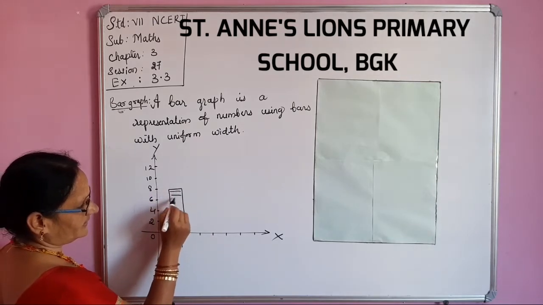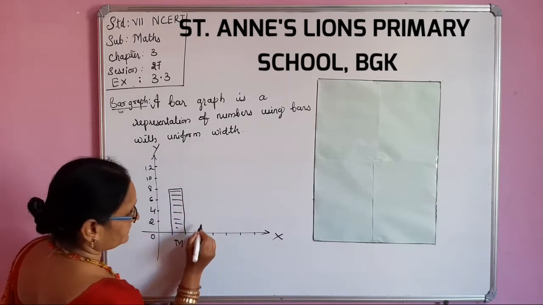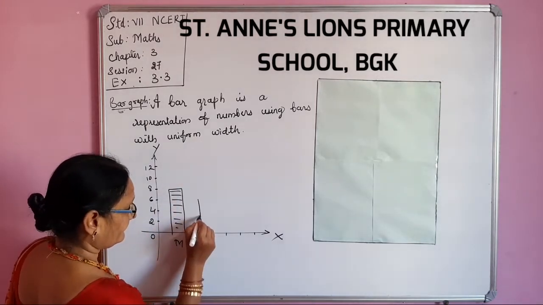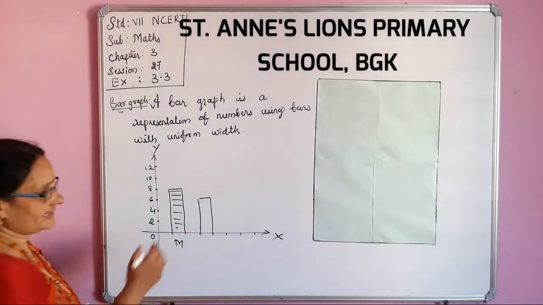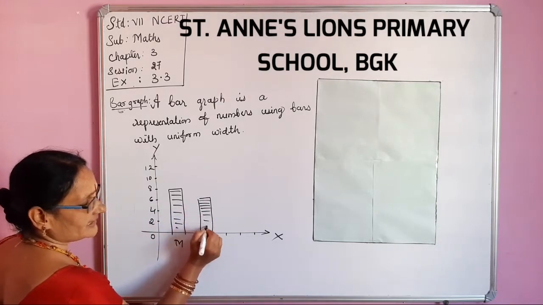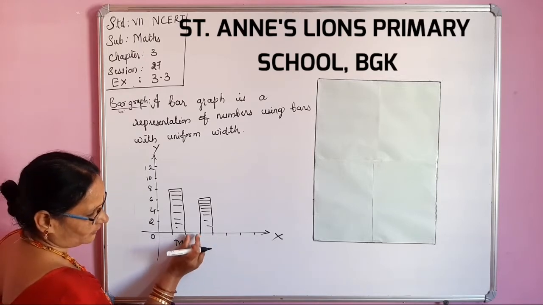This is what a bar is. What I want to say is, of uniform width. See, this is uniform. Maybe this is another one. So like this you have to draw, and inside with a different color you can shade it, or you can leave it like that also, no problem. This is a bar graph. Here uniform width, this is equal to this.